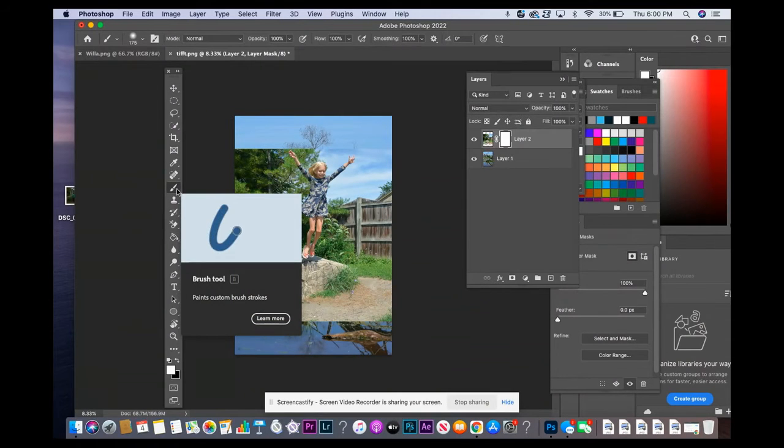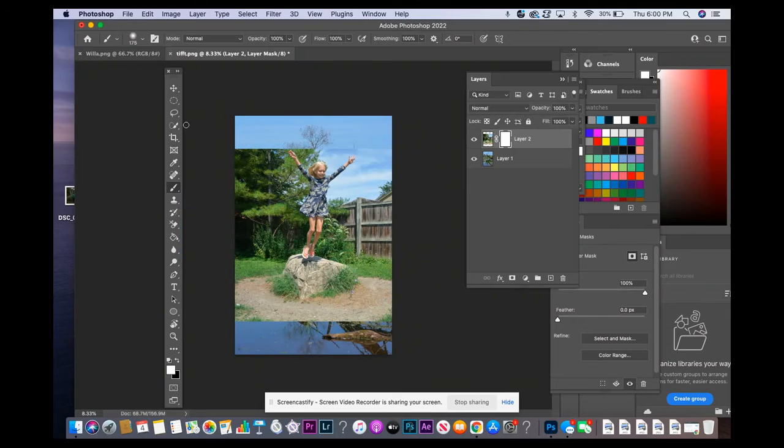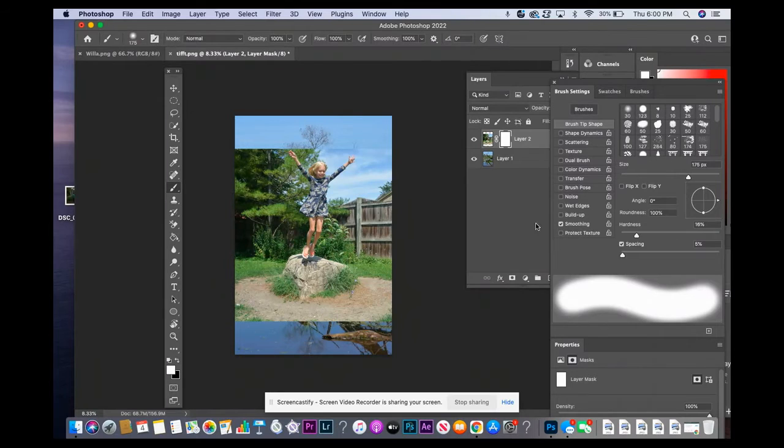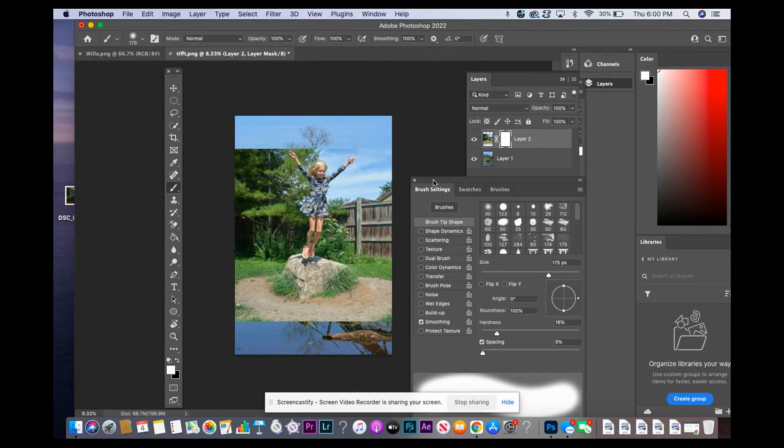All right, so if you click on your brush and you don't like what brush pops up, you can go up here and click on this little folder, and then this brush settings box will appear, and you can change it to a regular round brush. Okay. So I'm going to make my brush a little bit bigger,